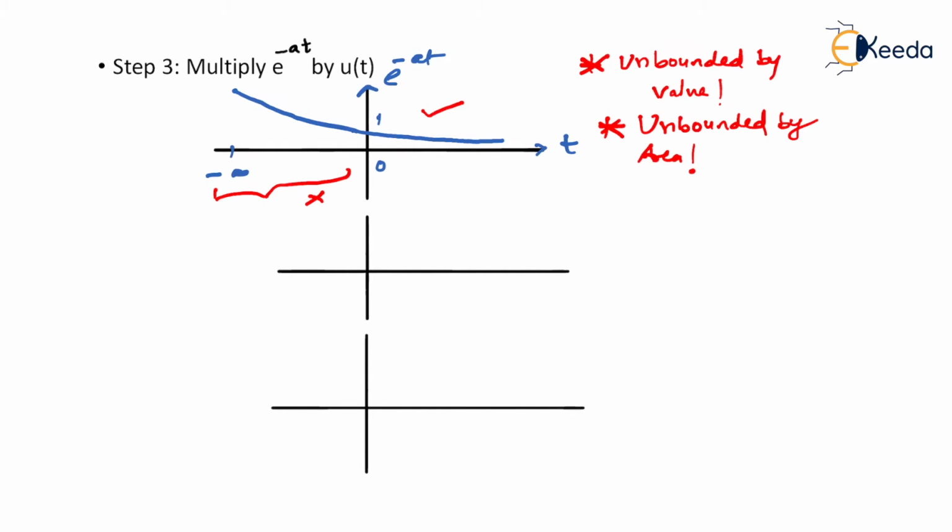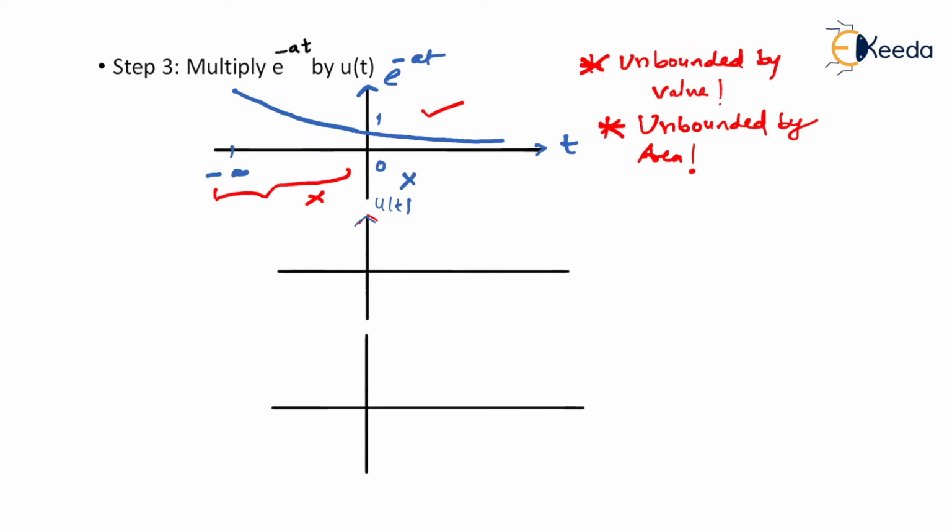then as you can see, the maximum amplitude of the curve, which is at right hand side, is equal to 1, and thereafter it is reducing, and as t tends to infinity it will become zero. So nowhere in the right hand side characteristic is it unbounded by value. That is, in right hand side, as you can see, amplitude is always finite. So what I'm doing is eliminating the left hand side part and taking only the right hand side part, and this is done by multiplying this signal with u of t.